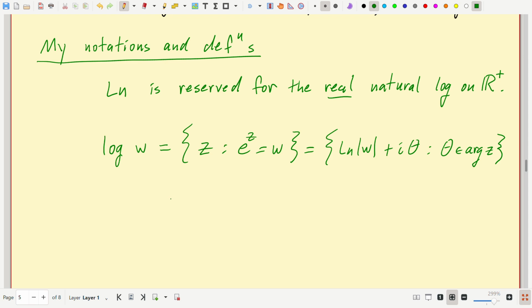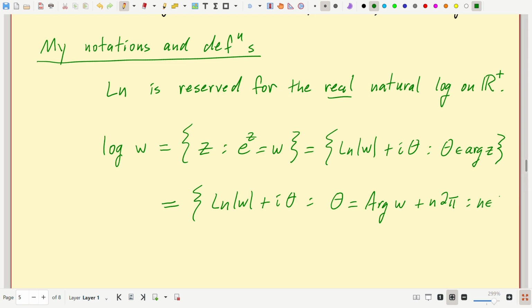If you want to think about all the possible arguments, that's equal to the set of log mod w plus i times theta, where theta is the principal argument of w plus some multiple of 2 pi, n times 2 pi,